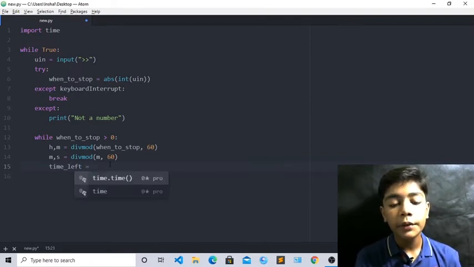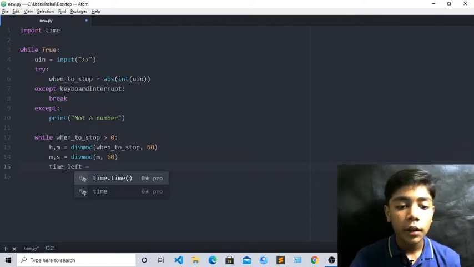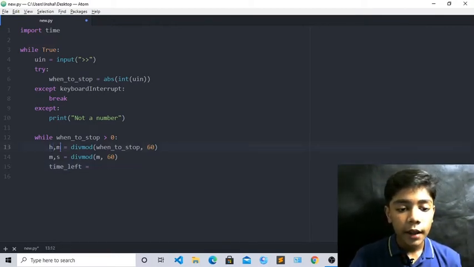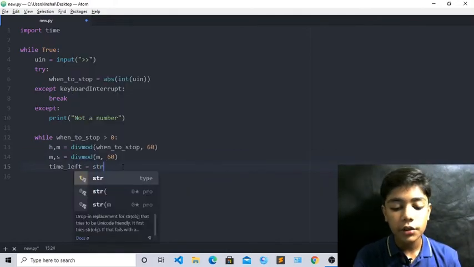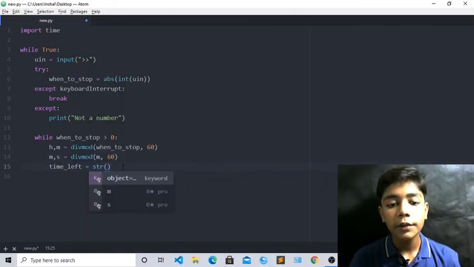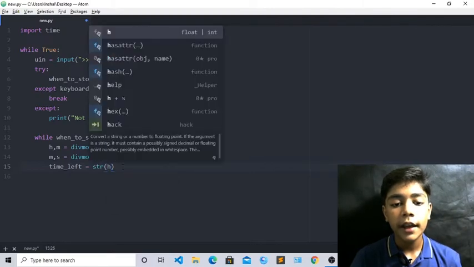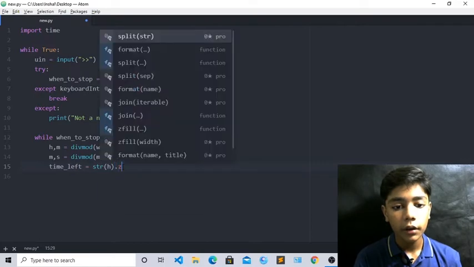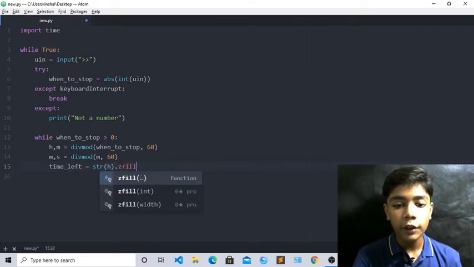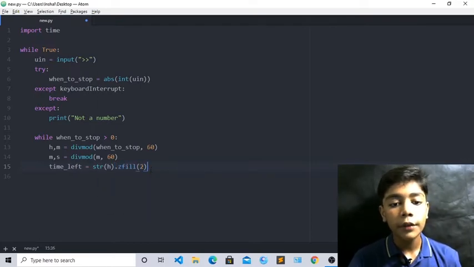Now in the equal we will define our str tag, and in str tag we will write these all, meaning h, m and s. Okay, we will define these. Right here str, first of all we will define that h. Now when you have written h here, we will write dot zfill, which will be 2. Okay, now we will define str h, which will be dot zfill with 2.